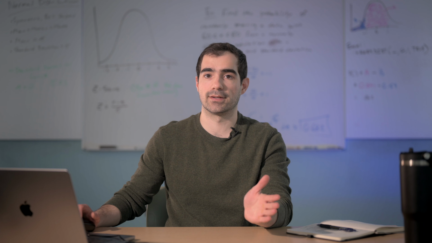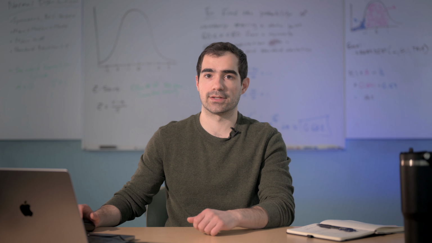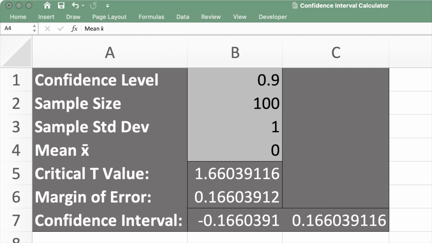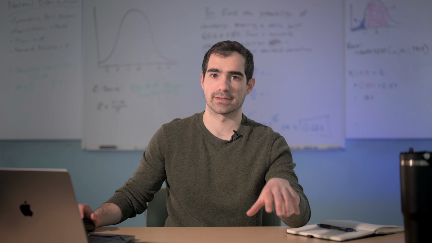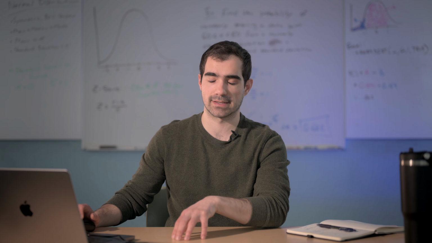And that's all we need to know to find a confidence interval. In practice, computers can handle the computation for us. So I've put together this little Excel spreadsheet to do just that. As you can see, it has inputs for confidence level, sample size, sample standard deviation, and sample mean. If we plug those values in, the tool outputs the critical t-value, the margin of error, and the confidence interval itself. We'll save a discussion of t-value and t-distribution for another time, since primarily we'll just need to focus on the margin of error and the confidence interval itself here.